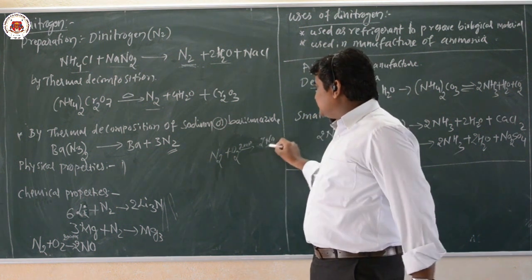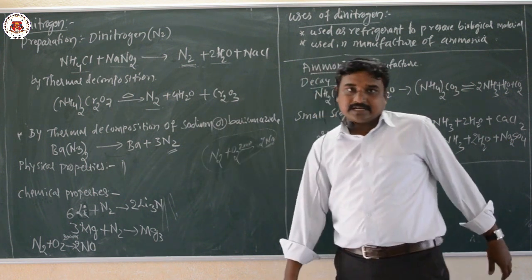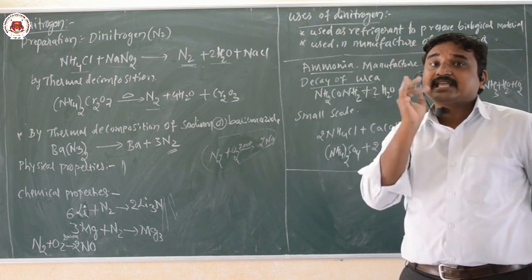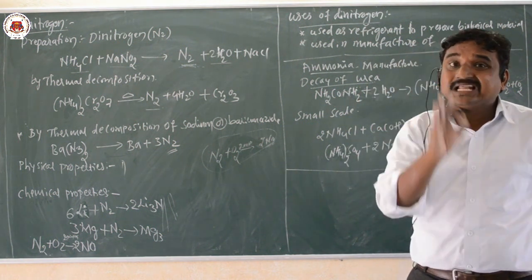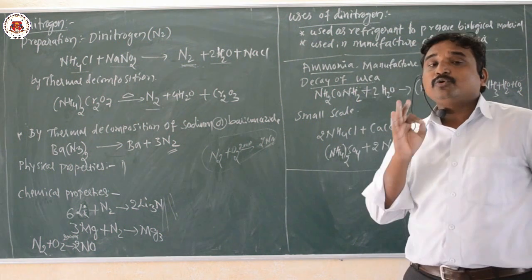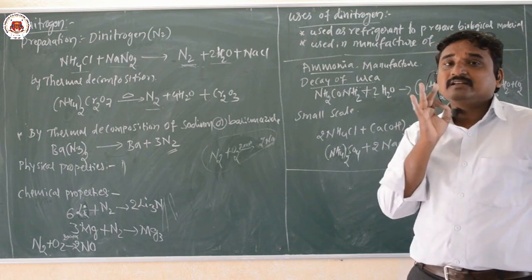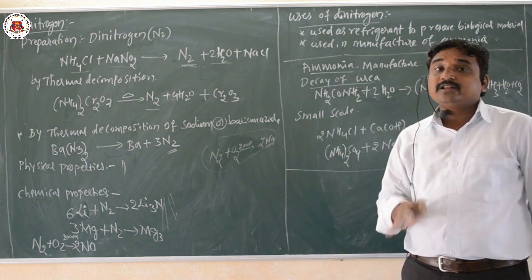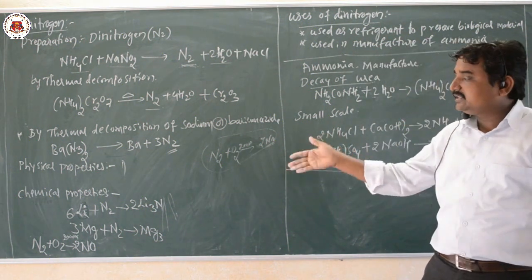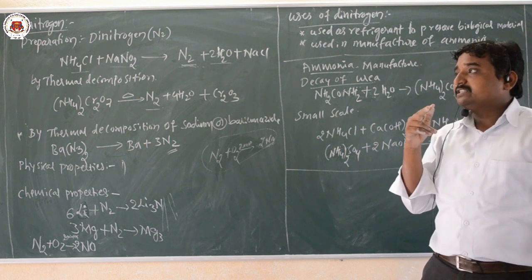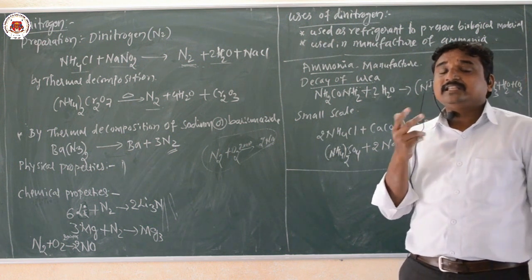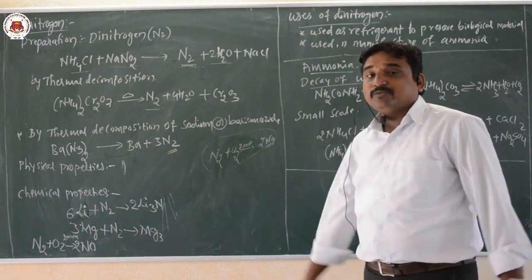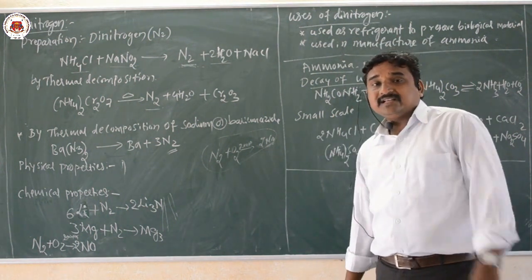Here this is an example of a covalent nitride. When dinitrogen reacts with non-metals, there is a formation of covalent nitride. When dinitrogen reacts with metals, there is a formation of ionic nitride. Here I have taken 3 examples: 2 examples, lithium and magnesium, are ionic nitrides, and the third is the combination of N2 plus O2, which is a covalent nitride.